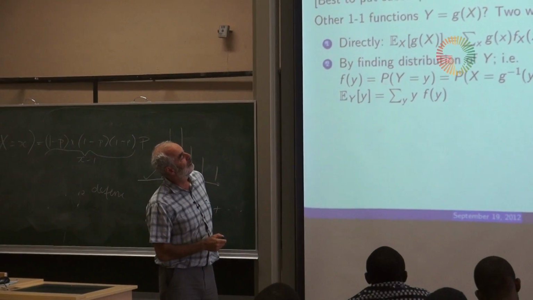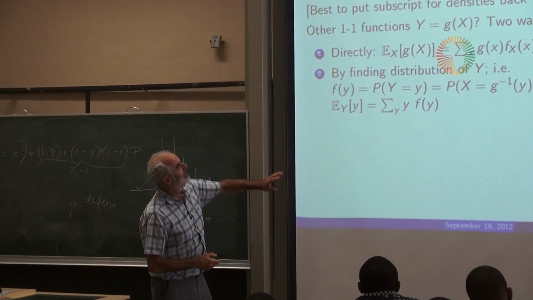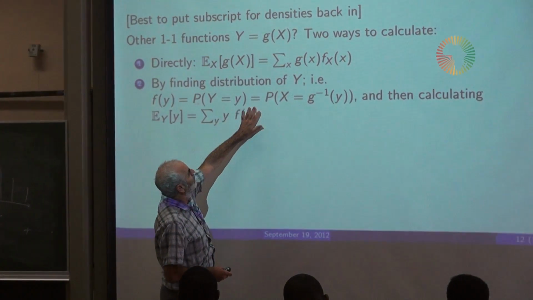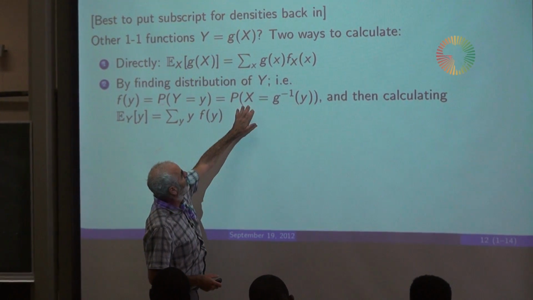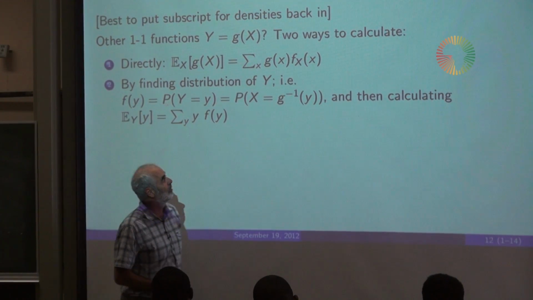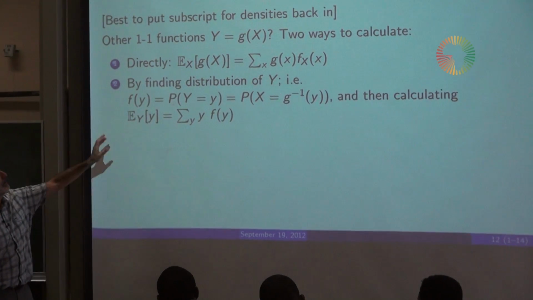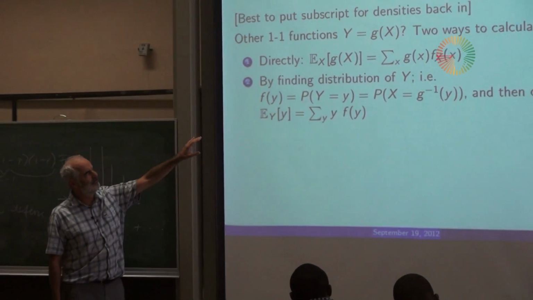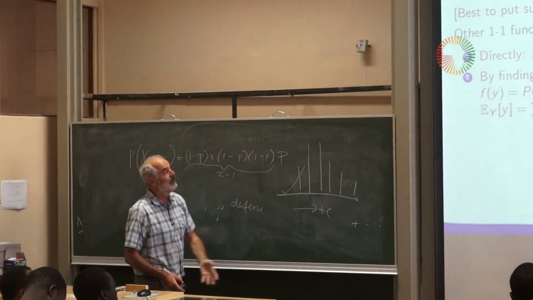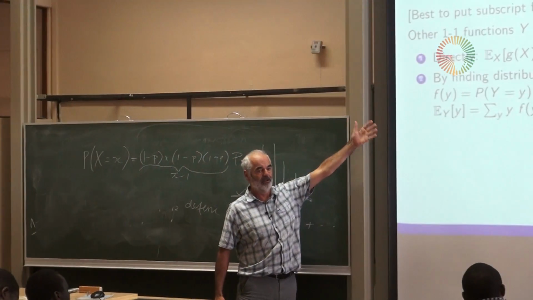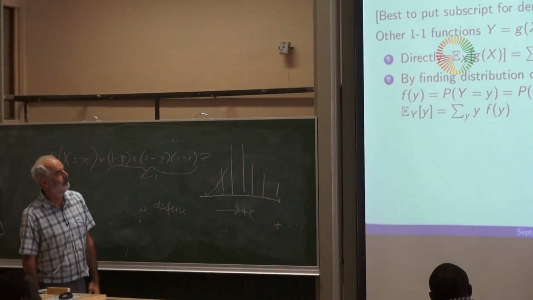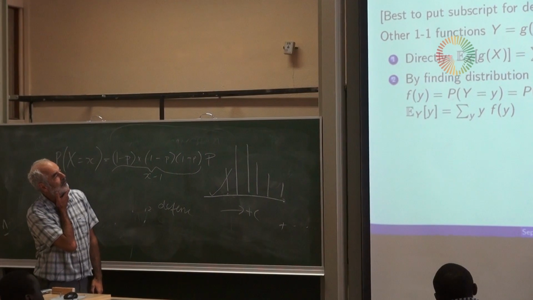We actually find the distribution of y. And that's quite easy to do because the probability that y equals y is just numerically the same as the probability that x is g to the minus 1 of y. So we're going to return to this. Tomorrow when we do continuous random variables, this becomes a bit more complicated, the change of variable. But it is quite important, so we'll have to do it, I'm afraid. Okay, so that's just for reference as well.